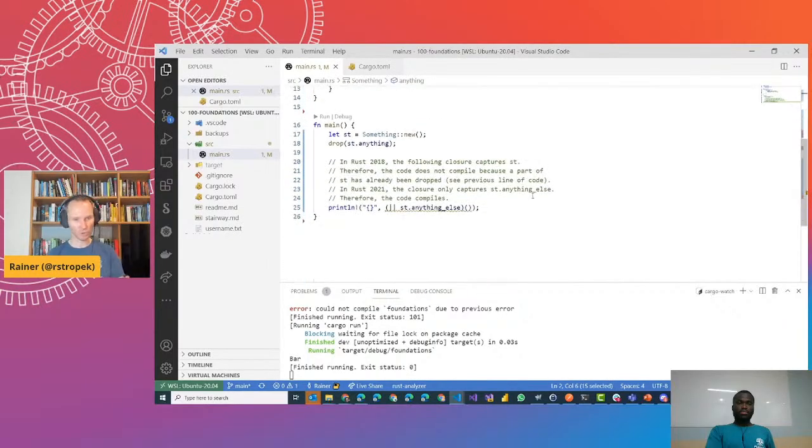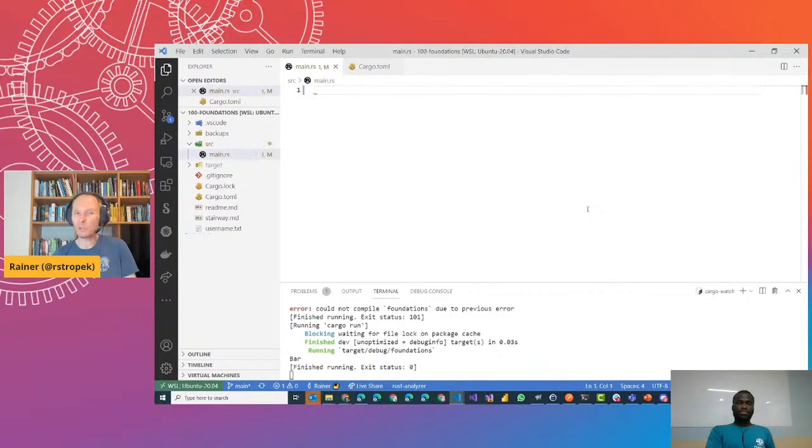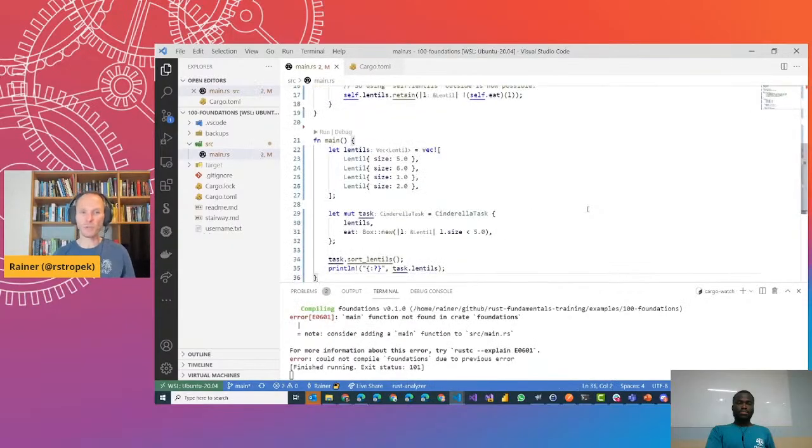But by design, this is a breaking change. By design, it only captures the member of the structure. Now you might ask yourself, why do I need that? Where is the advantage? Where is the use case? And I tried to come up with a simple, a little bit funny and entertaining example that should bring everything